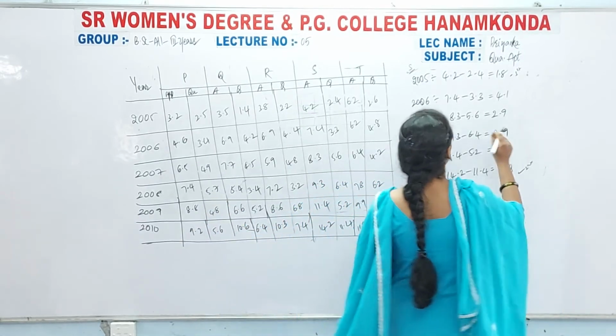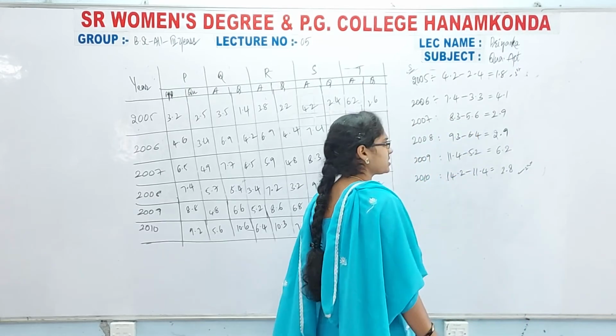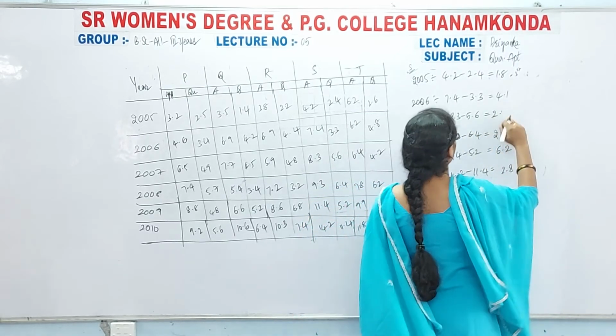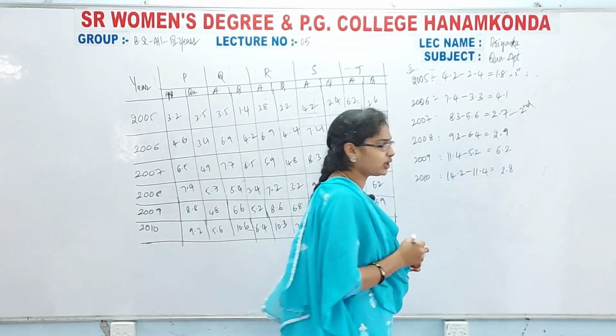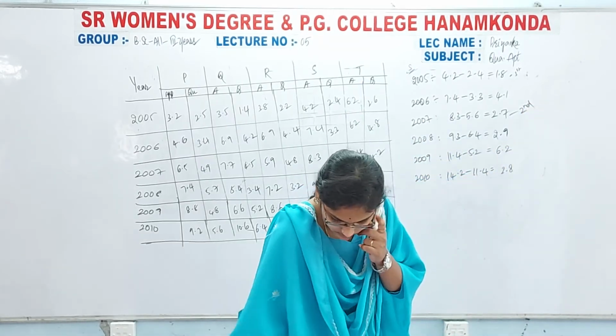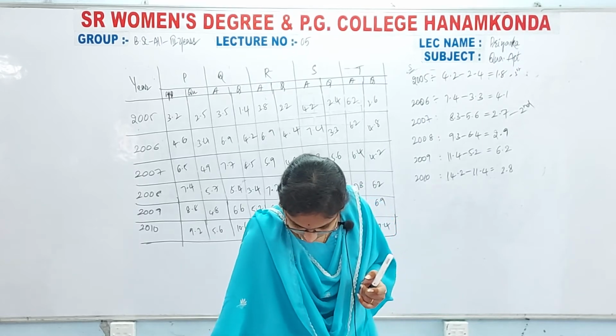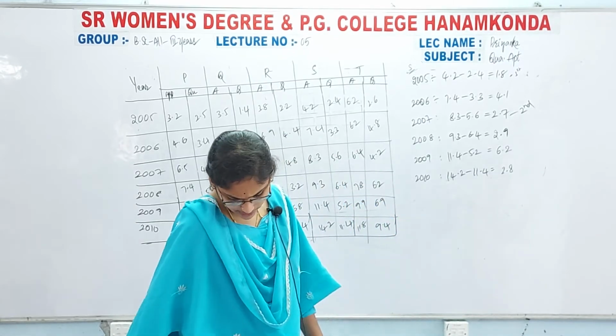Seven, 13 minus 6, 6, oh sorry, here it is 7 mark, so not this one, this one, second. The second lowest is 2007. Okay, next, second question: the number of candidates